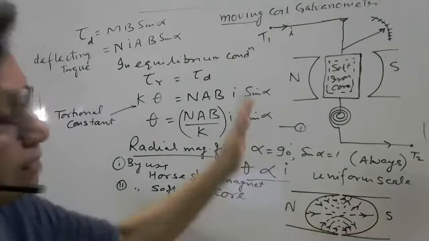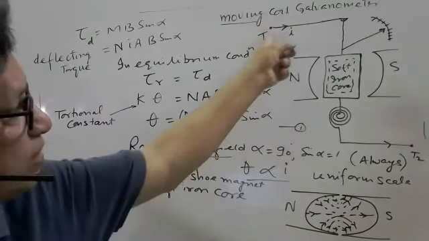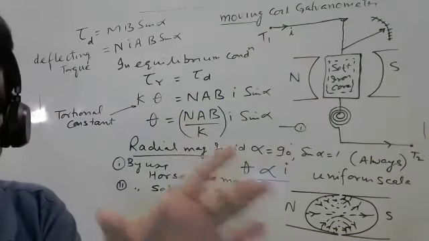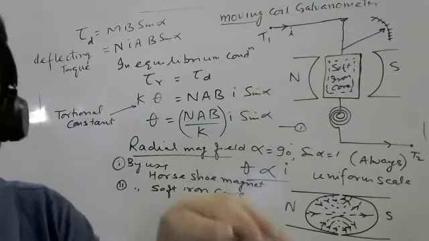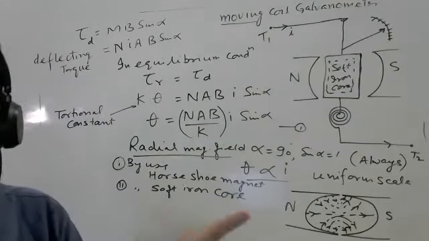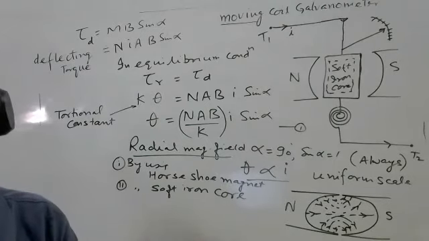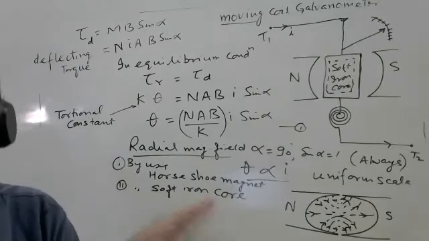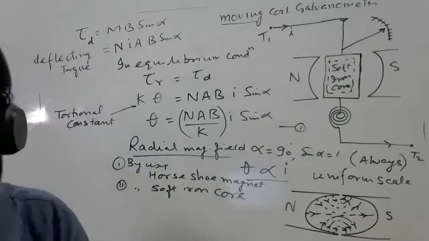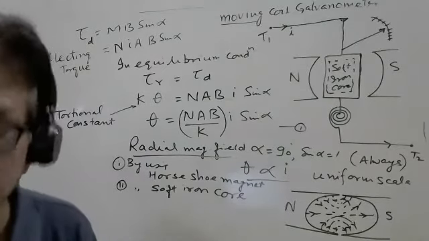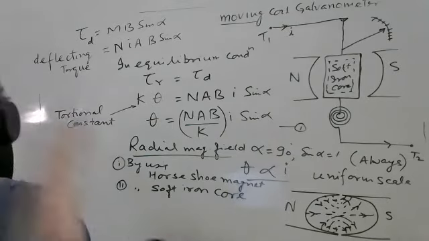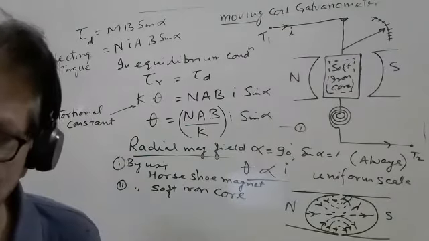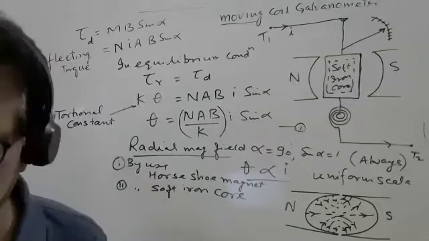If it is directly proportional to current, suppose we are measuring, this meter here is 0 to 30 divisions. Let us say 0 to 30 milliampere. One division will be 1 milliampere. Two divisions will be 2 milliampere. 2.5 divisions means 2.5 milliampere. If it is non-uniform, it is not possible to measure the current accurately. I think you got the answer.